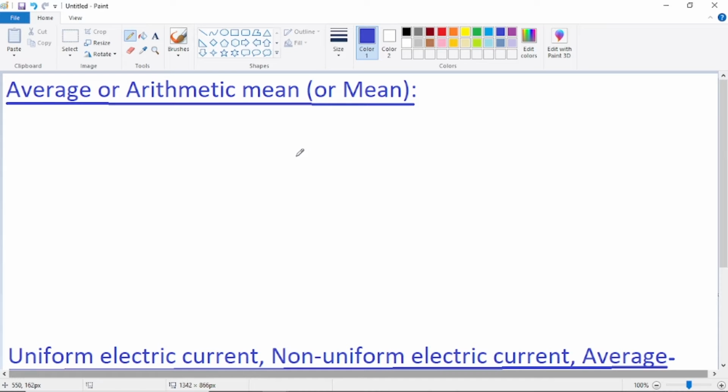So last class we have seen the derivation of the expression for alternating current in a resistor applied with an alternating voltage. When an alternating voltage source is applied across the resistor, what is the expression or equation for the alternating current? The derivation we have seen is entirely based on Kirchhoff's voltage law, and we have seen that the